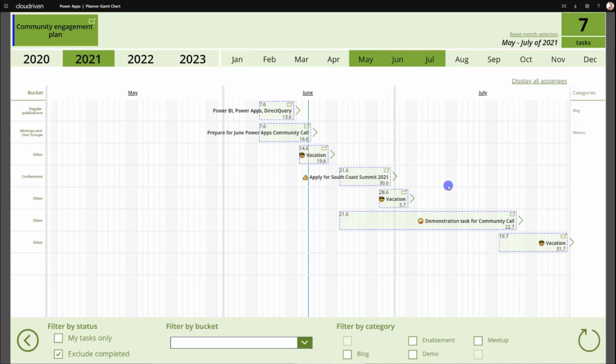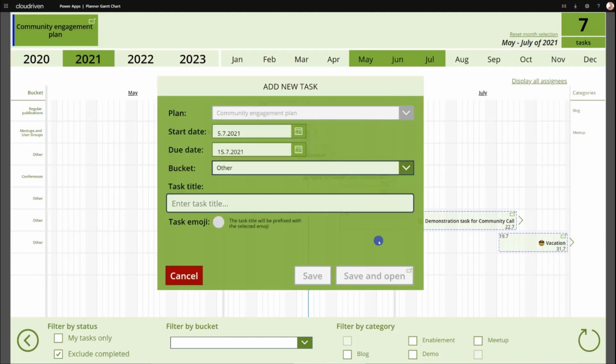Okay, so what about creating a new task? On this last line of the Gantt chart, you can hover over the dates, and if you pause your mouse, you can see the tooltip that says add task starting on Monday, July 5th. So if I click on that, I'm presented with the dialog that allows me to create a new